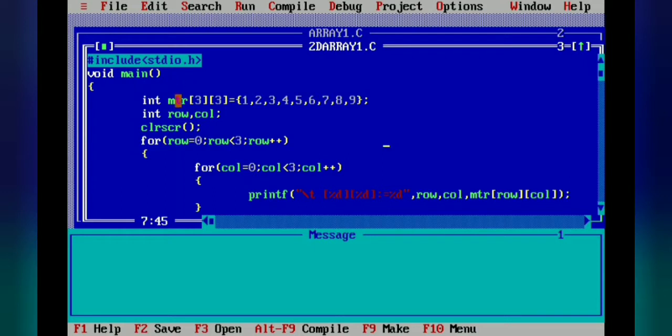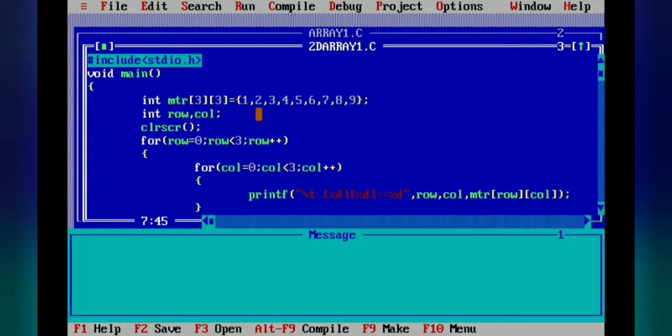My variable name is matrix, and the first square box is for the row value. How many rows do we want? 3. This is the row size, and the next square box is for the column size. So this is the syntax of your 2D array: first the data type, then your variable name, and then the row value and the column value. So here is the 3 by 3 matrix.